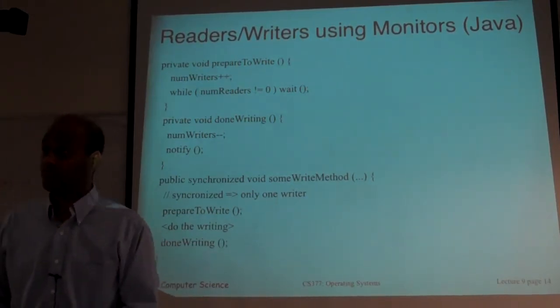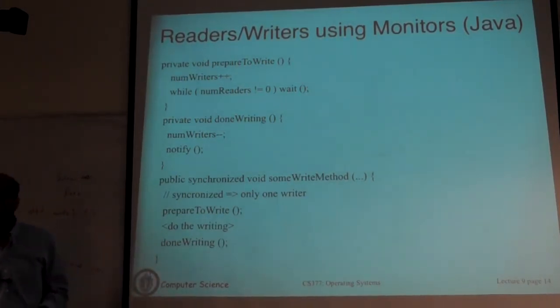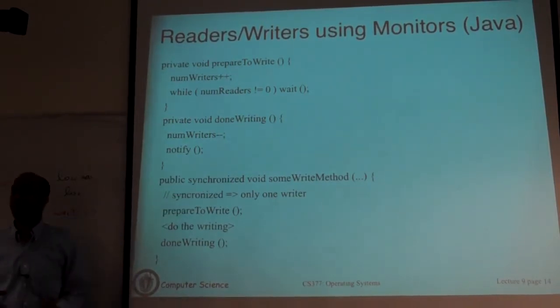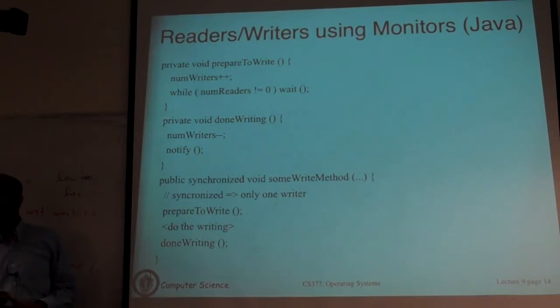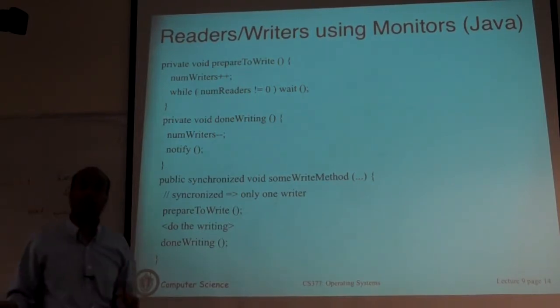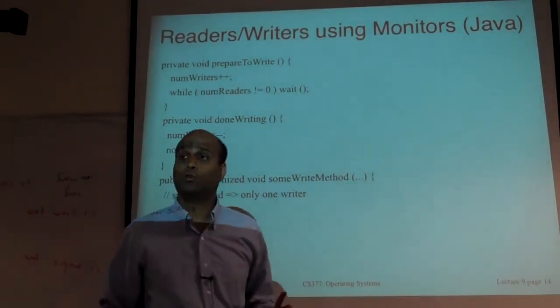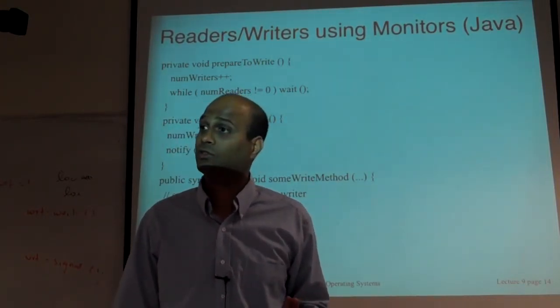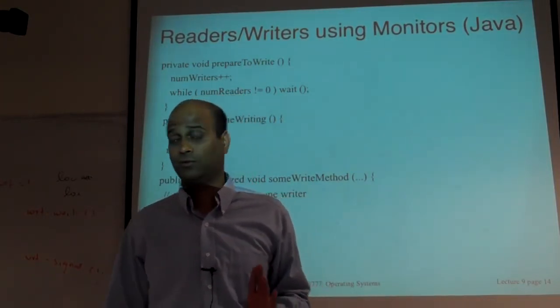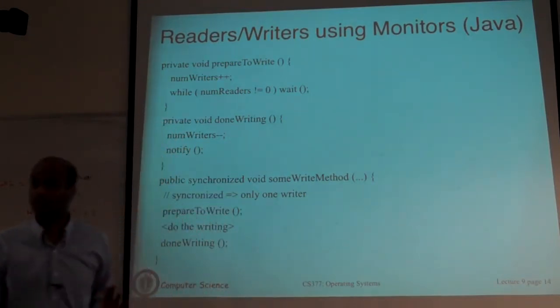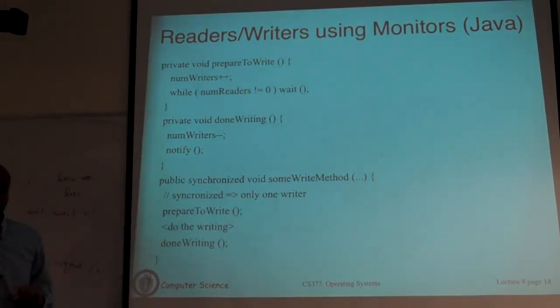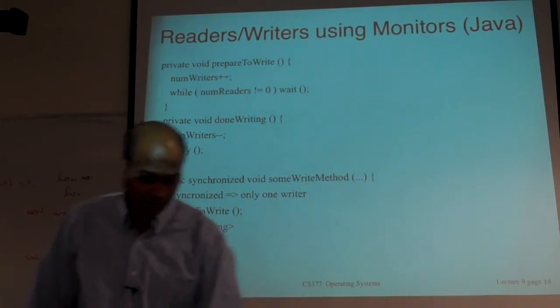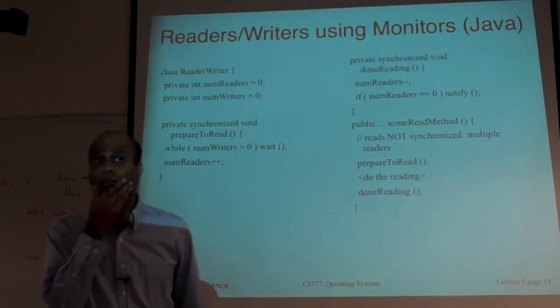Okay, so put another way, never write Java code where one synchronized method calls another synchronized method. That's always going to cause a deadlock. So if one synchronized method calls another one that's also synchronized, you're basically trying to grab the lock twice, which you cannot do. Okay, so this is something that you should never do. Okay, so just some side bits on how to use the monitors in Java appropriately.